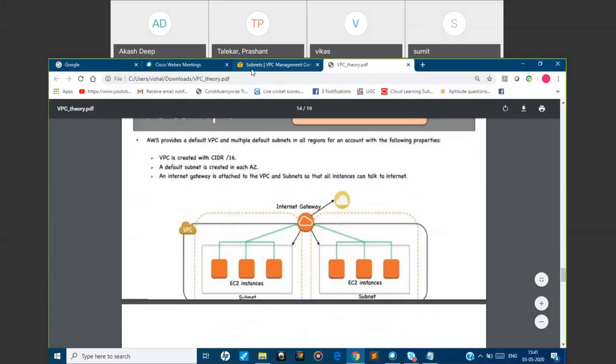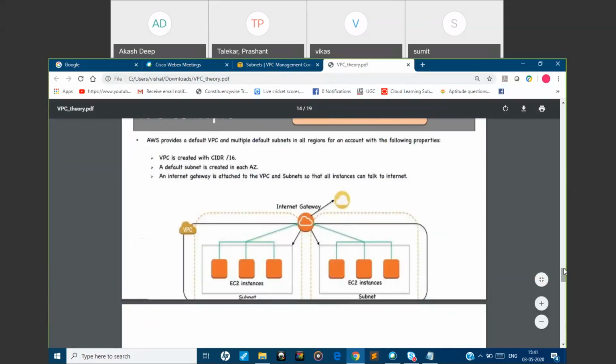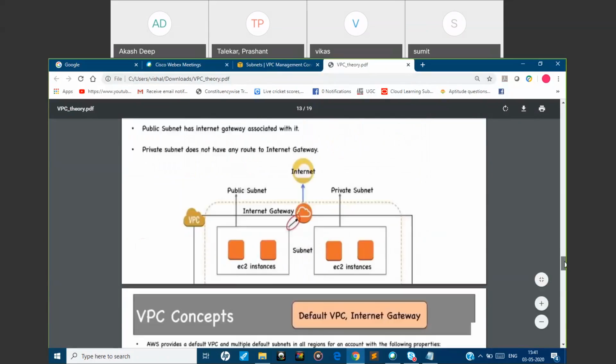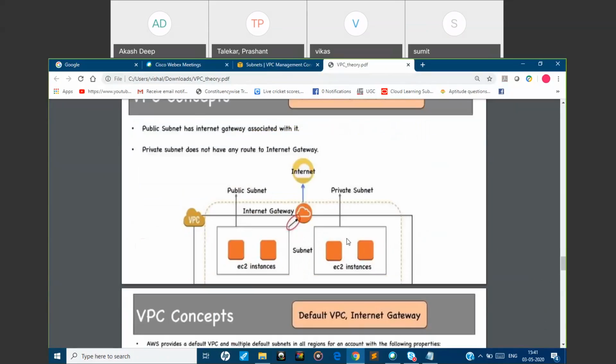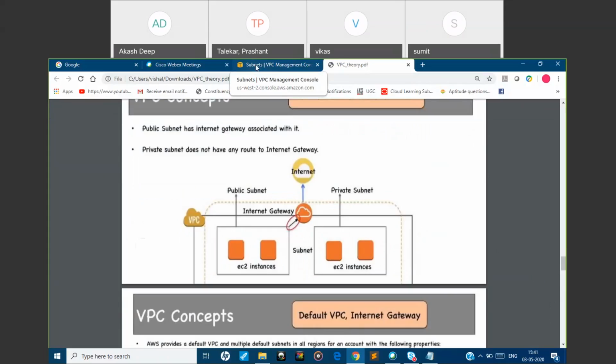That I understood. My question is simple. We are referring to that screenshot very frequently, right? In the screenshot only two subnets are there, but you are creating three. So I just ask, is there any specific reason you want to show something else? No, I had created it just to make you aware that you can associate multiple private and multiple public subnets, to make you more precise. That's why I created two. Okay, got it.